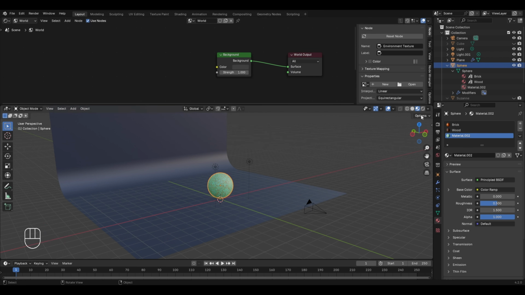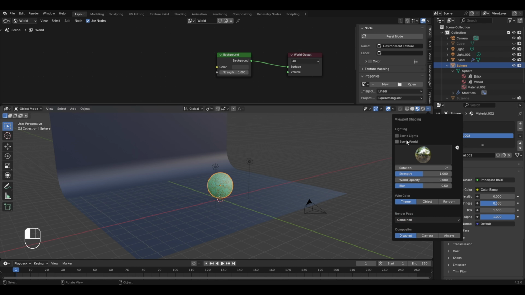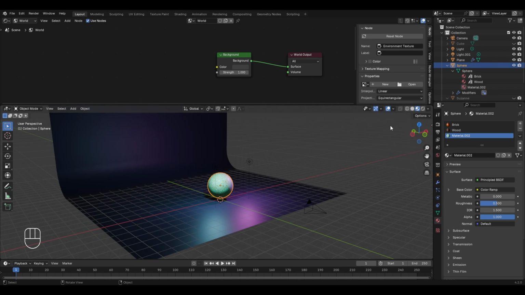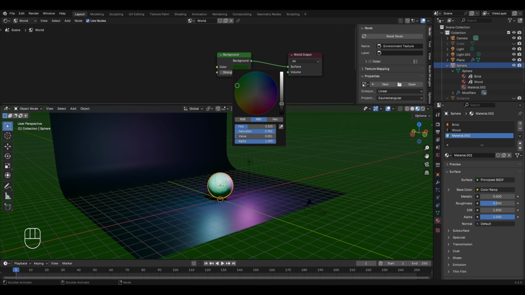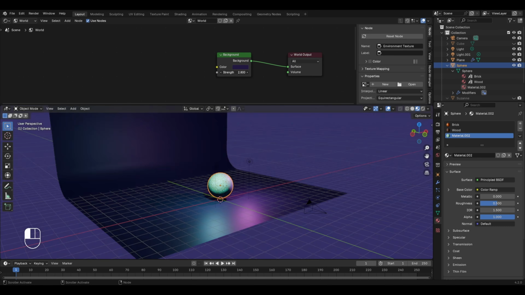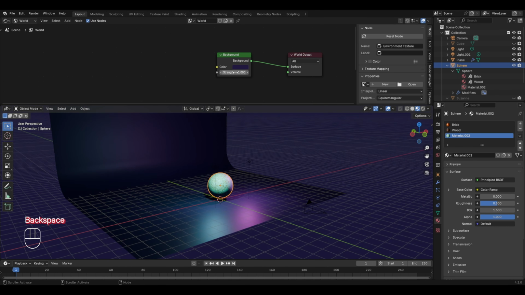And this is because we have turned off the scene lights and the scene world. So I'll turn both of them on. And now in the background node, I'll change the color to something else like the blue color, and by doing this, the color of the 3D viewport or the scene will begin to change. Similarly, by using the strength value, I can control the strength of the emitted light. But for now, I'll change this to the default value of 1, and now let's use the environment node.